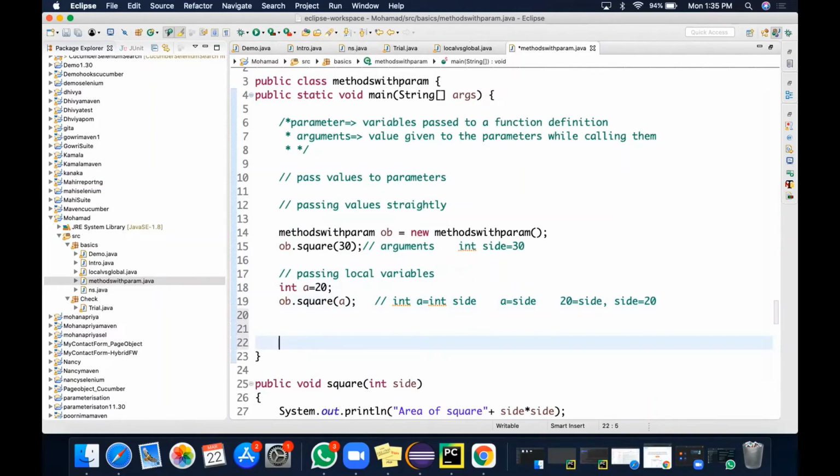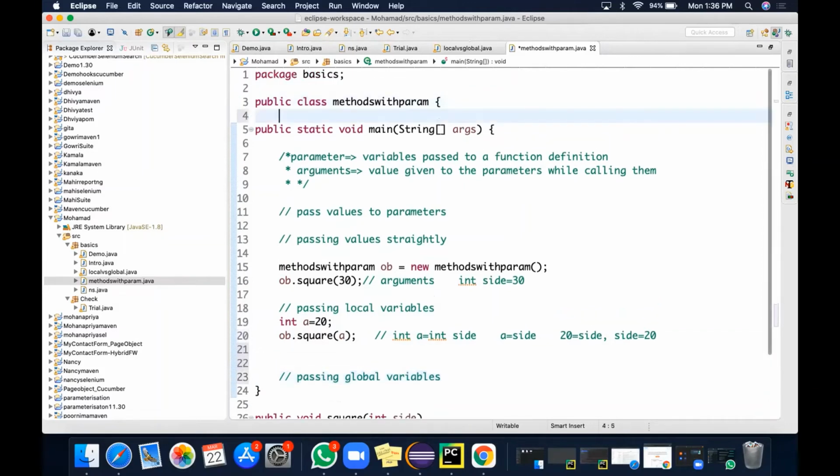Okay, don't worry. So now we are going to call that, passing value to the parameter using global variables. So it is passing global variables. I'm going to create a global variable here: static integer b equal to 10.